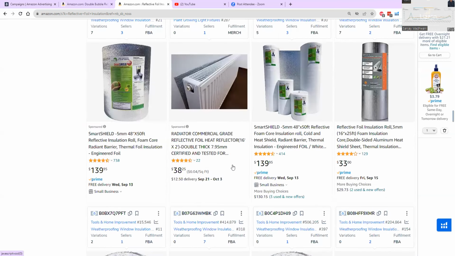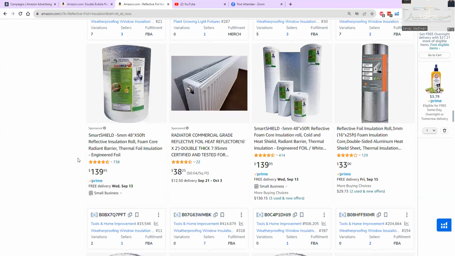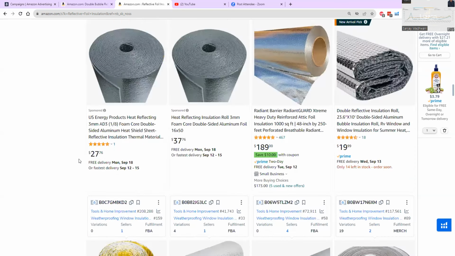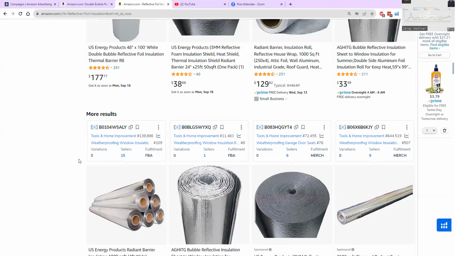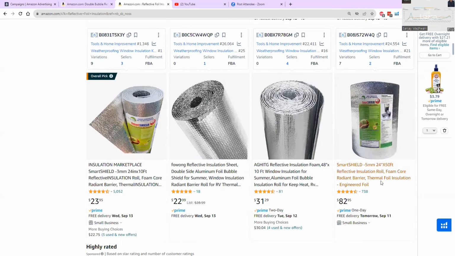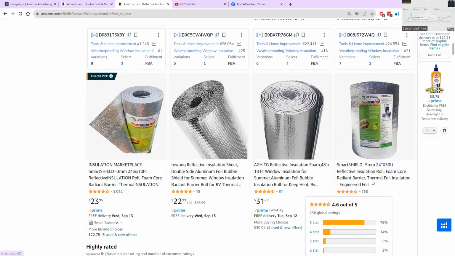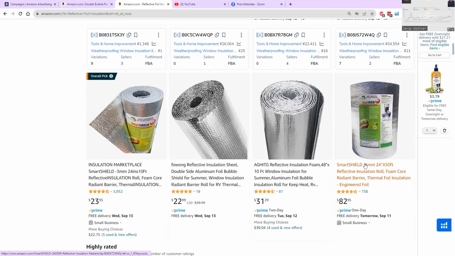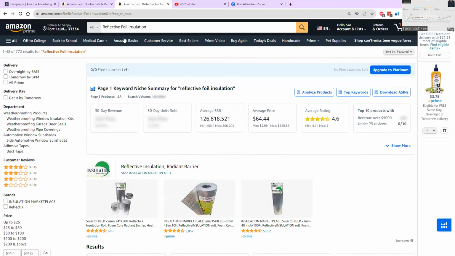Okay. Smart Shield is here for 139. And then here he is for 82. So okay, here's a company that is targeting, it could be he or she, I'm sorry, they're targeting this particular keyword phrase, okay?